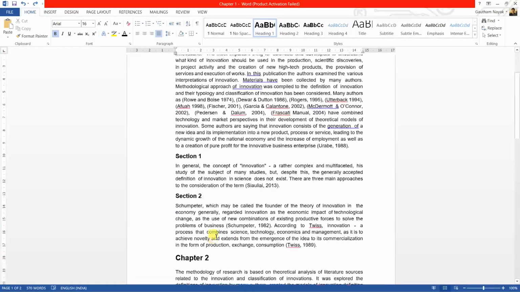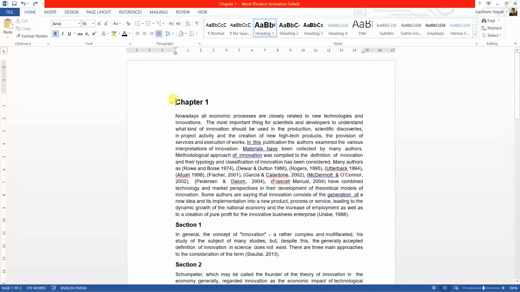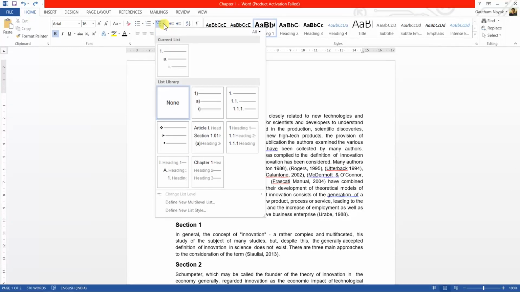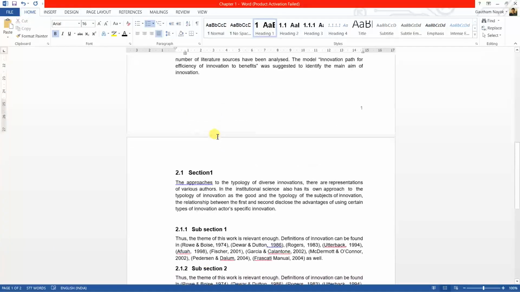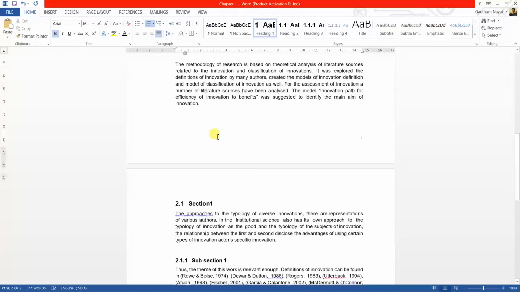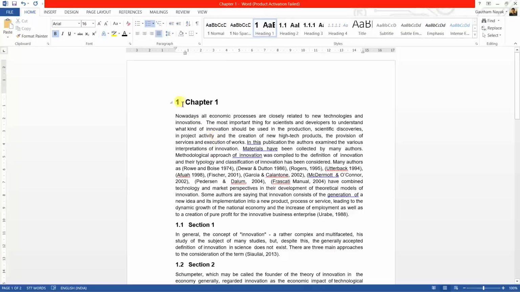In order to do that, click at the start of chapter 1 and go to the multi-level list drop down, and you will find the option similar to this. This is how we want it to be highlighted: 1.1, 1.1.1. We'll just click on that, and you can see your headings get modified to the multi-level list.